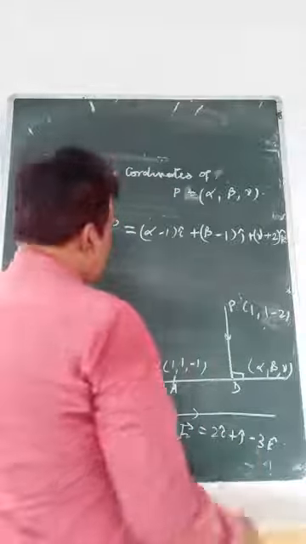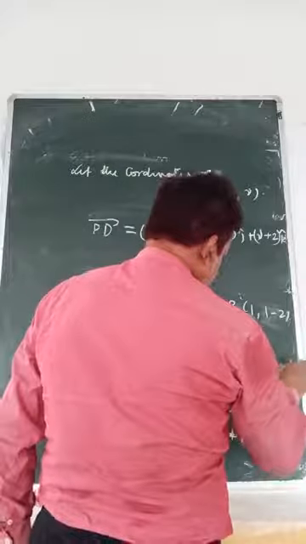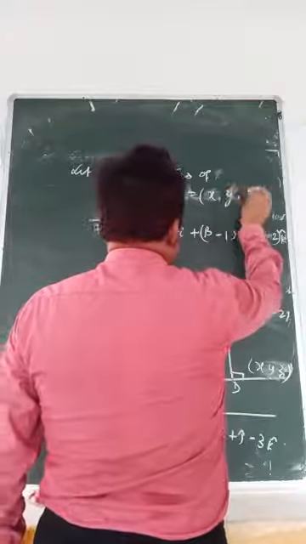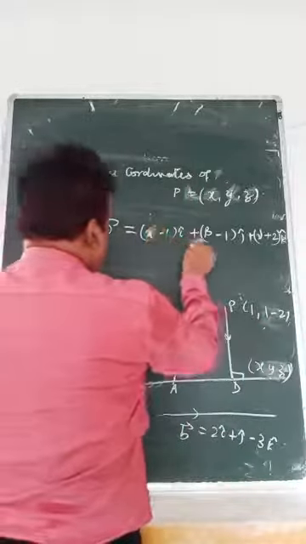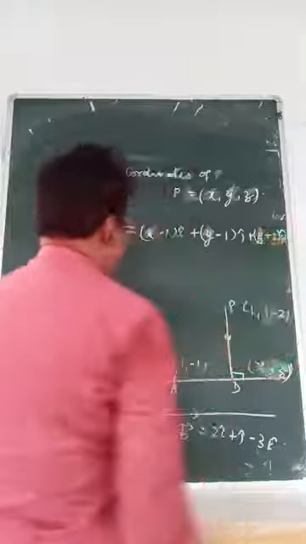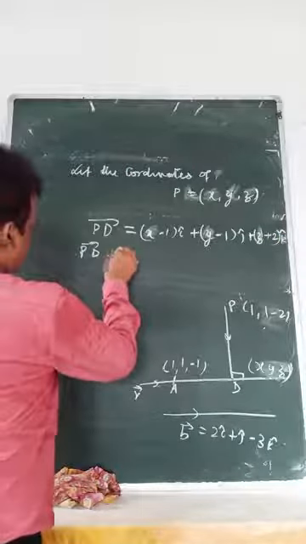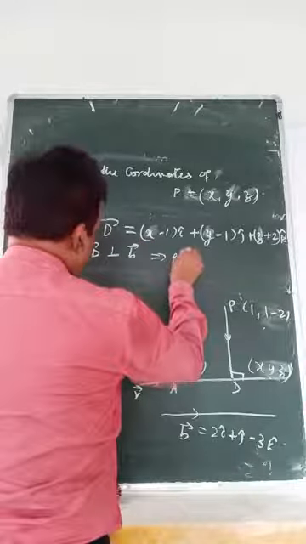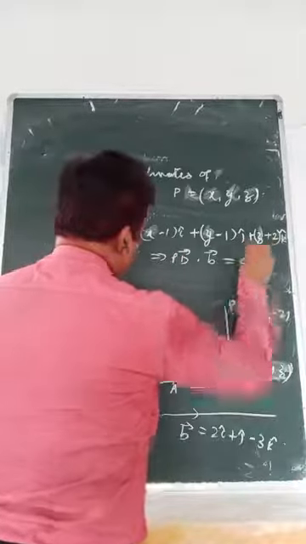So instead of alpha, beta, gamma, it's easier if you take x, y, z. That is much better. x, y, z, so no confusion. Any point x, y, z. Second, say here PD is perpendicular to the b vector, which implies PD dot b equals 0.